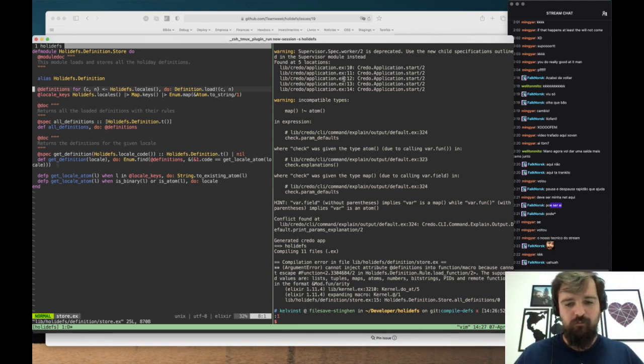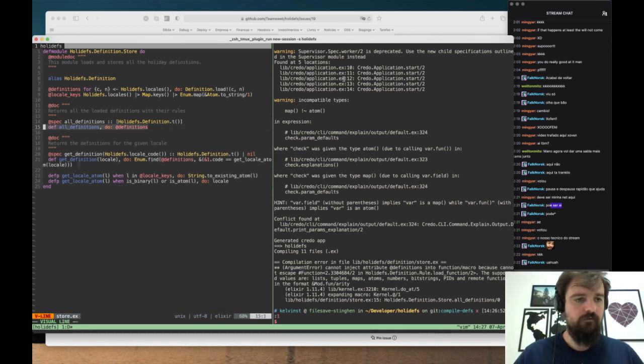Like probably in here, store line 15. This is the problem, probably. The compilation problem here, it says the problem is on this line, line 15,